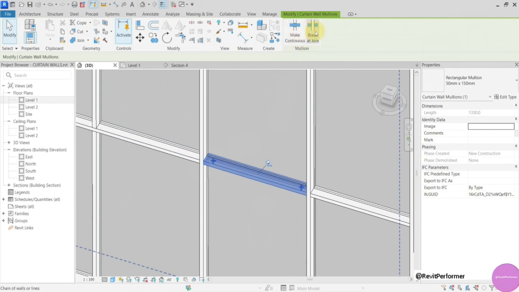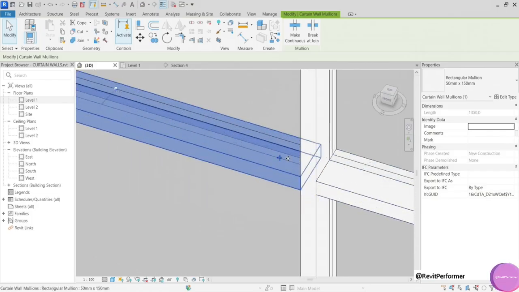So this setting is actually affecting the whole mullion. You can see that on both sides I can either make it continuous or break at join. But let's say that I don't want to make it continuous on both sides, only this side. Now I would like this one to continue and this one to be broken. I can accomplish this with this toggle here. You can see that now I can only affect this one join by making it continuous, either vertical or horizontal grid.